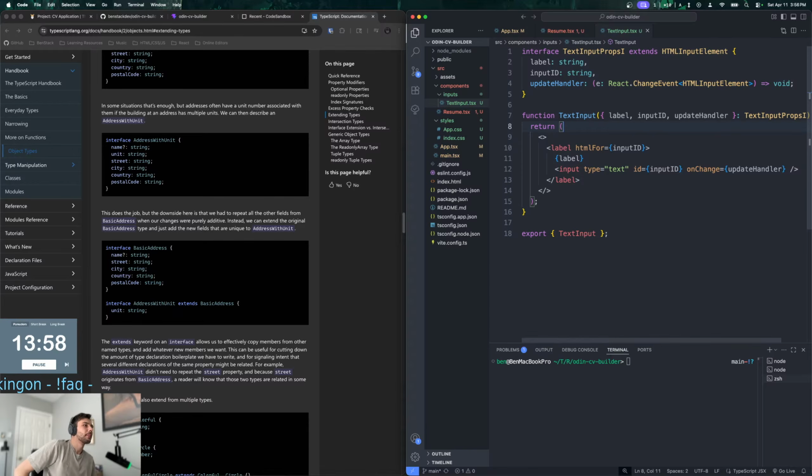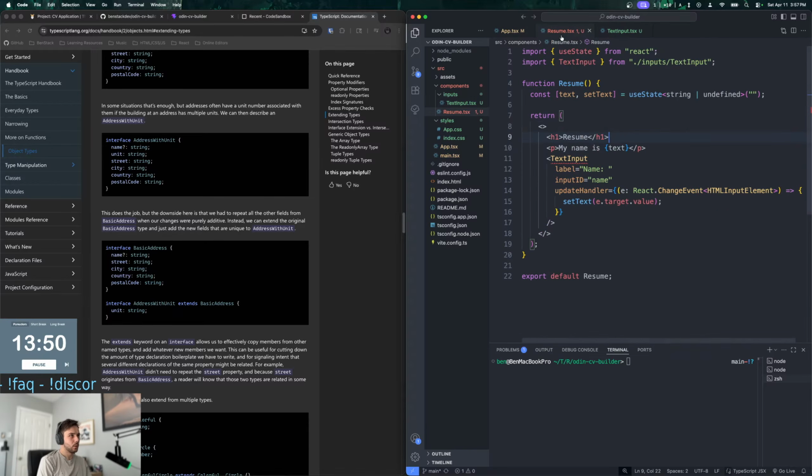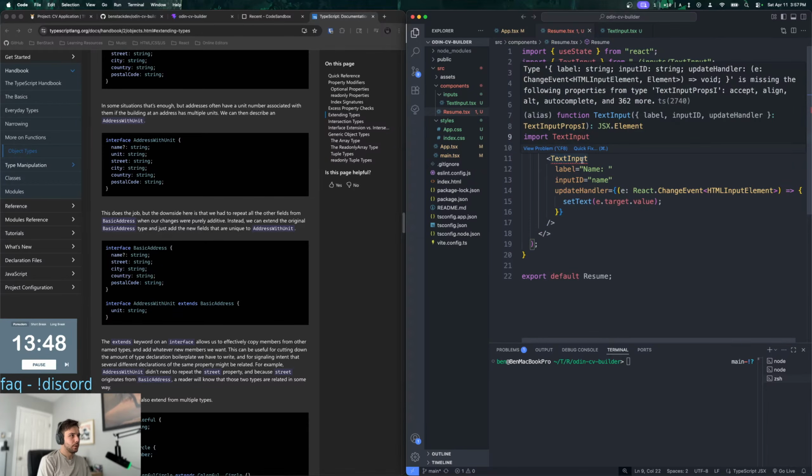Okay. Cool. Nice. Okay, so now... Oh, although this is going to give me hell, because label input is missing the following properties. Yeah, see, this is the thing that I worried about, that it's going to expect every single property from the base HTML. How do I fix that?